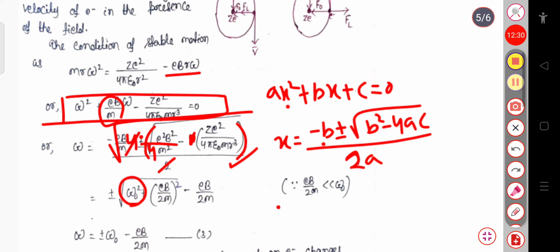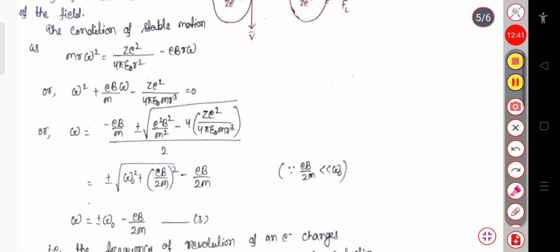So in that expression we will write first, this will be omega naught square, and in this part we will write, this will be EB by 2m whole square. This is minus 4ac, you know the formula, minus b. So this is minus b plus or minus, this is your b square minus 4ac. So this sign becomes plus. Okay, here is a minus sign, so this will become plus sign. So there will be omega naught square, this value is your omega naught square, plus this will be EB by 2m whole square. Now this is your root over of this much, and again this term is your minus EB by 2m, since we have divided this 2 term here.